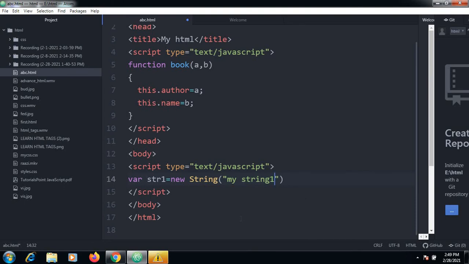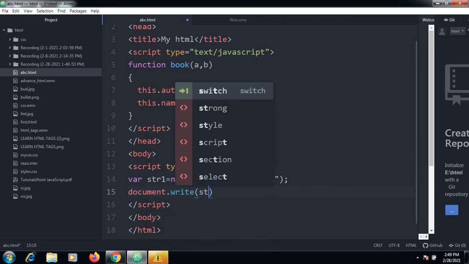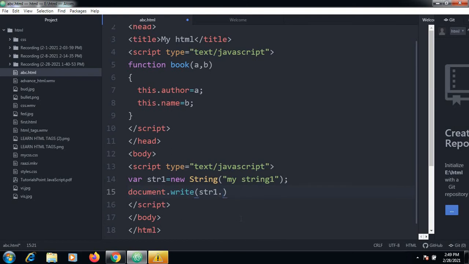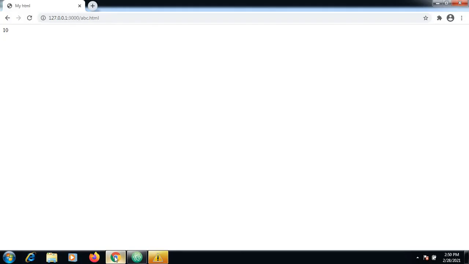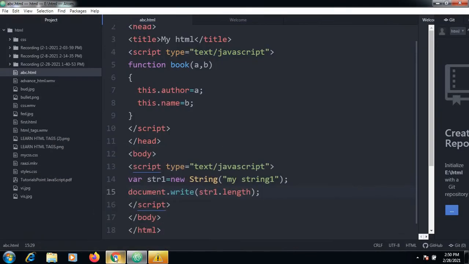Now I want to find the length of this string. So how to find the length of the string? Here I will make use of document dot write str1 dot length. This will give you the length of the string. Just execute this and see. See, this 10 is the length of this string.